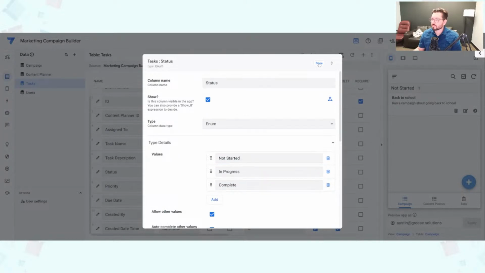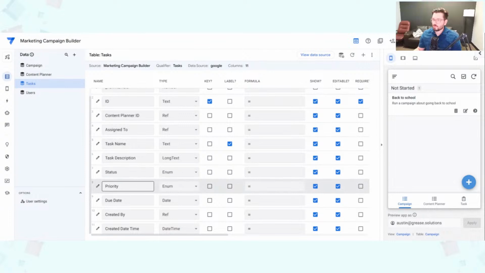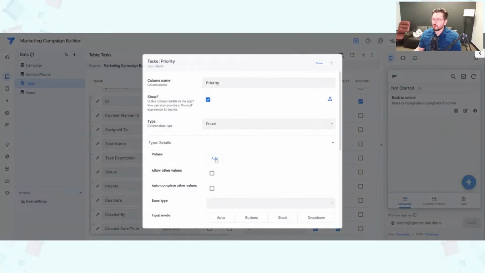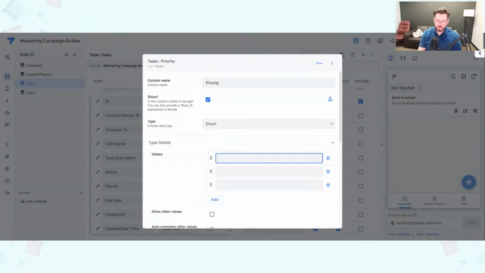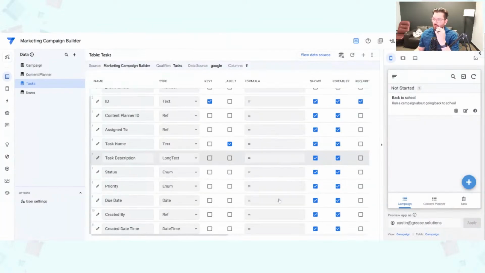Okay. And then for priority, now I'm going to show you guys exactly how I would set this up if I was building this for our company. So for this one, I'm going to do high priority, medium, and low. Okay. And so AppSheet